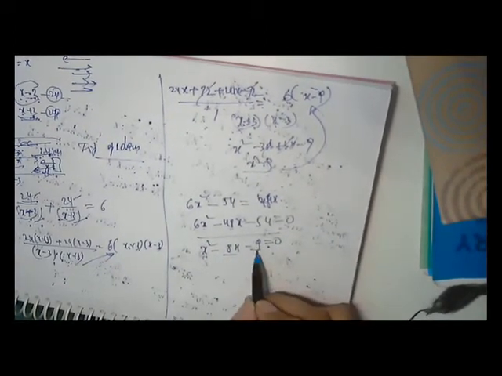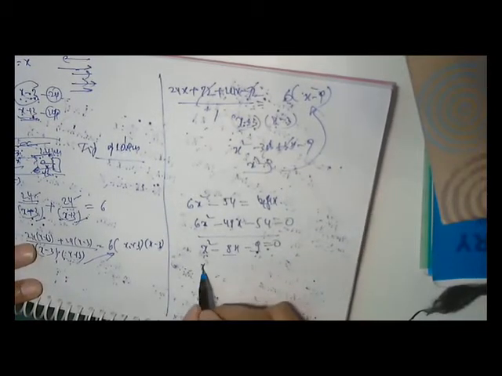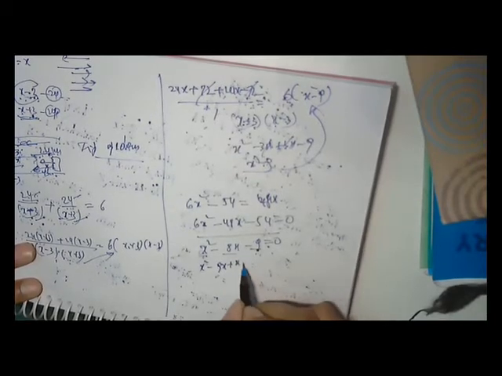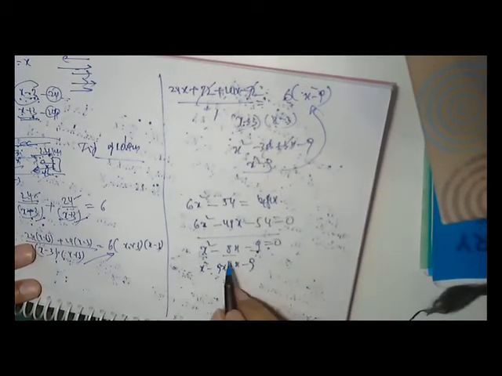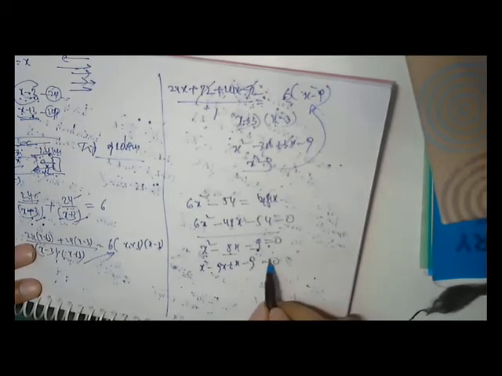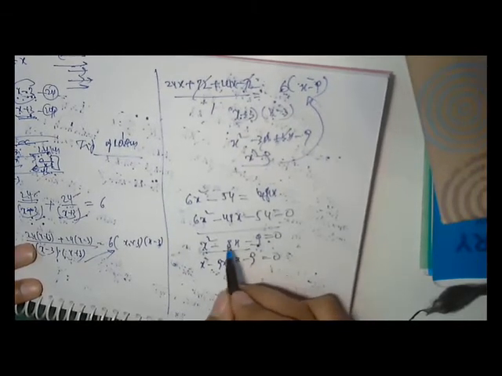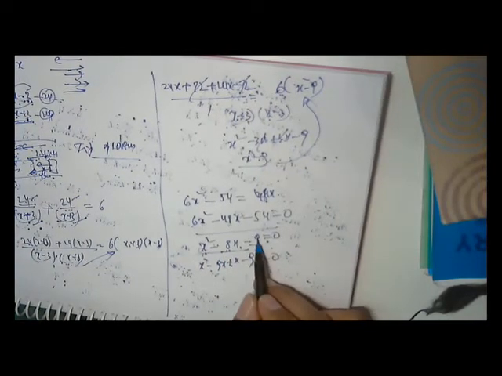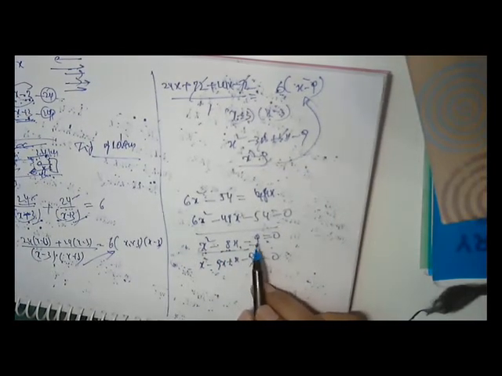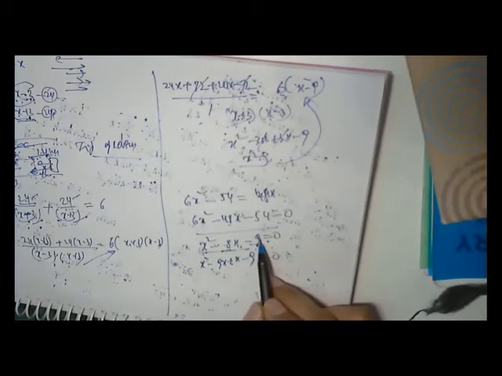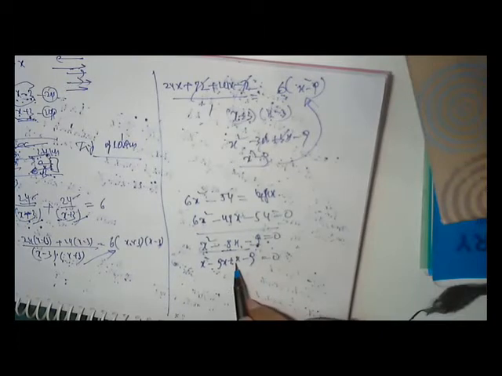So 9 can be treated as 9 ones are 9. So x square minus 9x plus x minus 9, because minus 9 plus 1 is minus 8, and minus 9 into 1 is minus 9. So it is tallying. I have done it by seeing itself. I did not put b1, b2, b1 plus b2. By seeing itself, 9 has only 2 factor pairs, 3 into 3, so 3 plus 3 cannot be 8. It has to be 9 into 1. So minus 9 into plus 1.